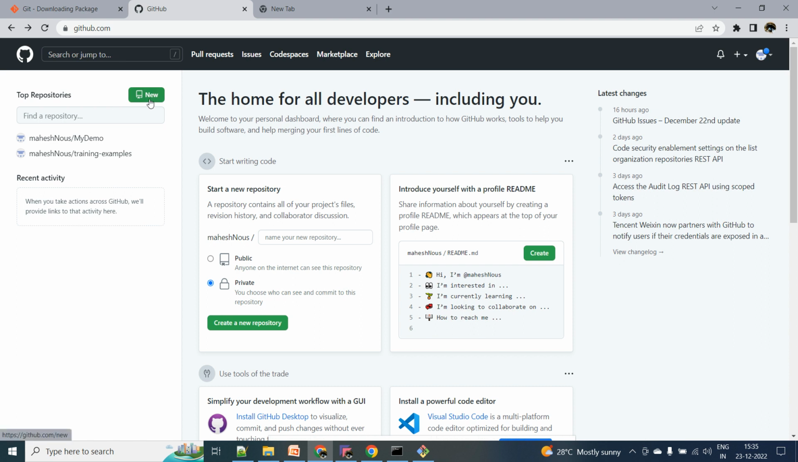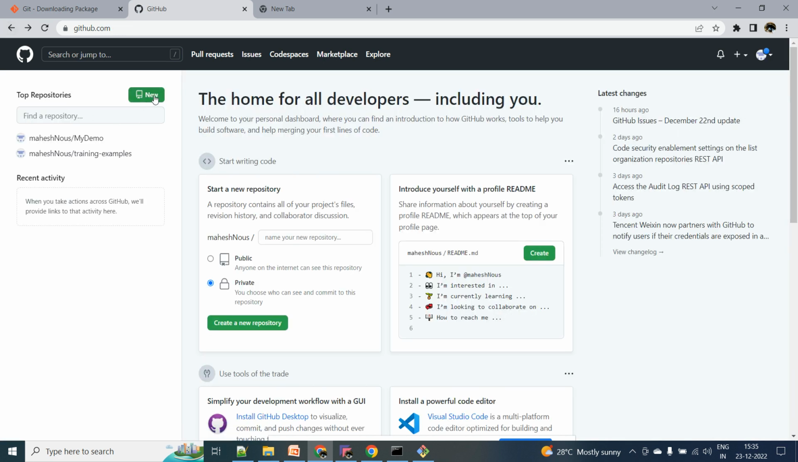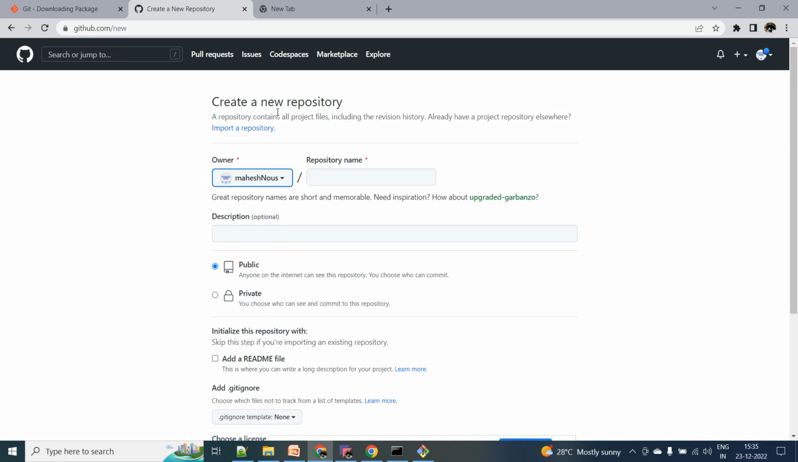You can see we can create a new repository. If I want to create a new one, click on this button called new. Once you click new, you can see create new repository. It asks who the owner is, and it asks for the repository name. You can just provide it. So in my case, I'm creating